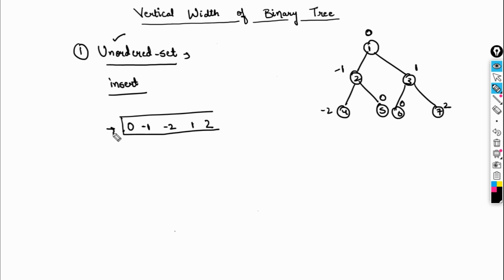So basically this is my unordered set, which contains a total of 5 keys inside it. So how to check how many keys are present? We have a size function with the help of which you can check the size of this unordered set. It will count the number of elements present inside it, that is 1, 2, 3, 4, and 5, and it will return 5. That is our output that we actually want, right? So let's try to implement it using the code. I think the insights are clear.